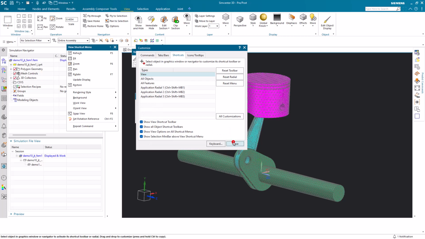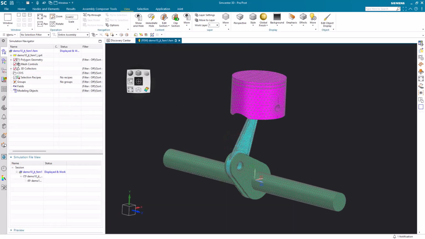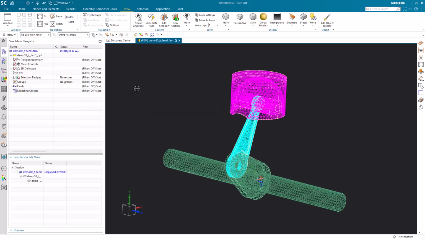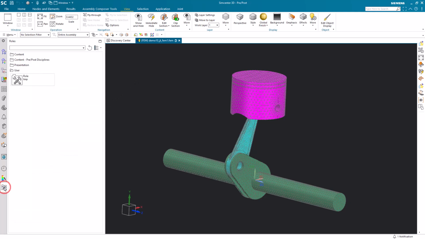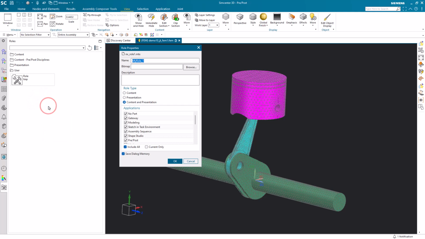If I don't hold down the control key, it's going to remove it from the style location, which you may not want. You may want it in both locations. So now you can see I can get my static wireframe view from the view pop-up. Next, we'll see how we can capture these customizations with roles. So here I'm going to create a new role,